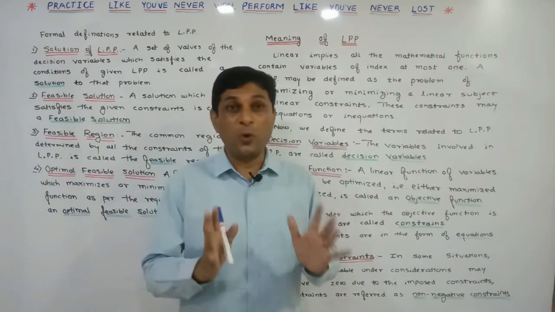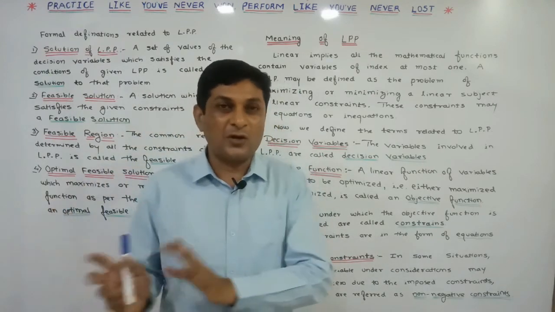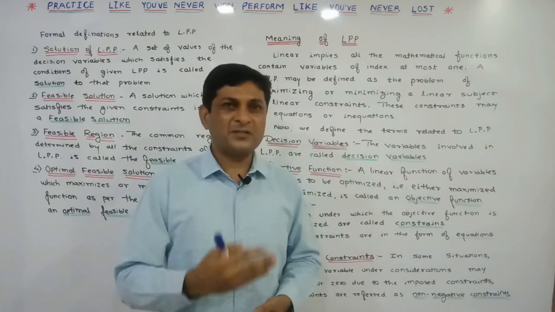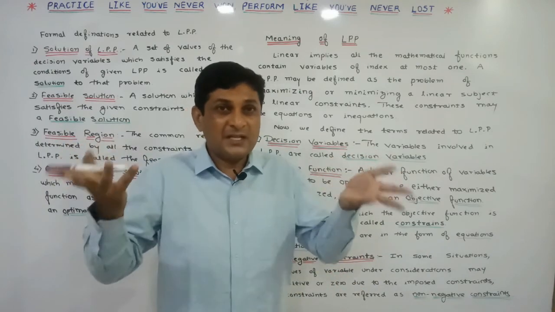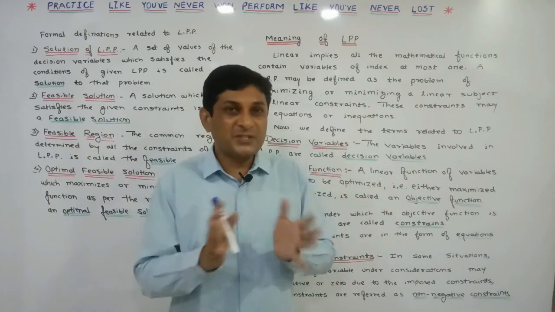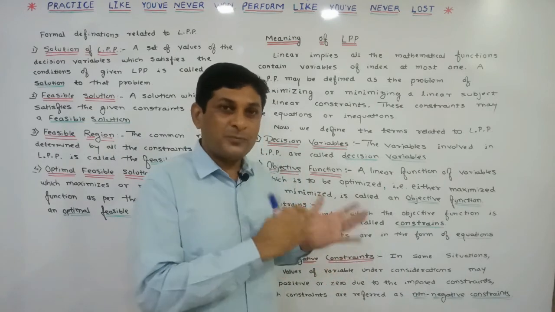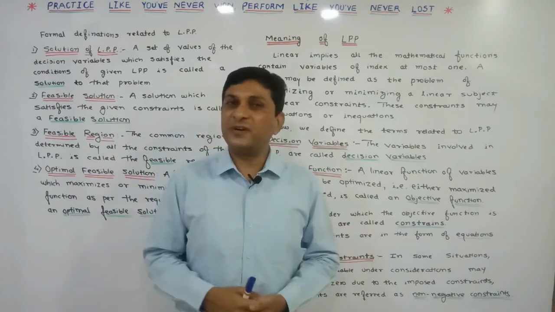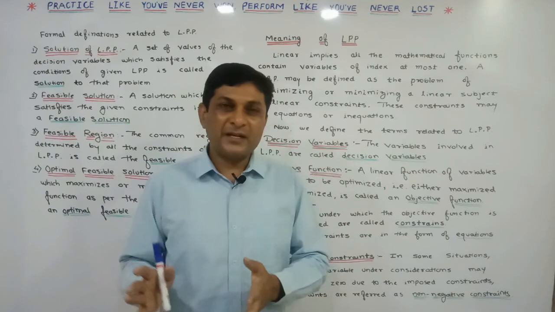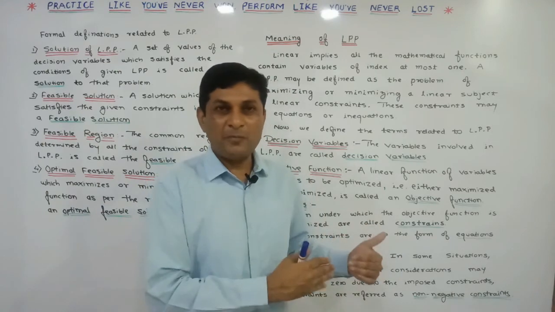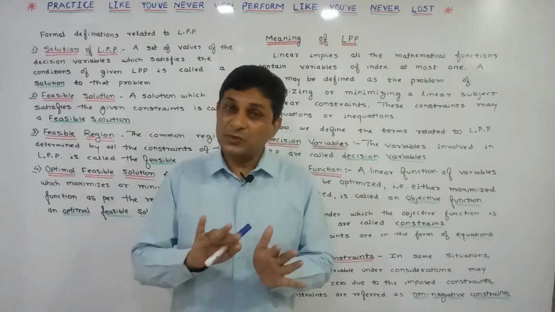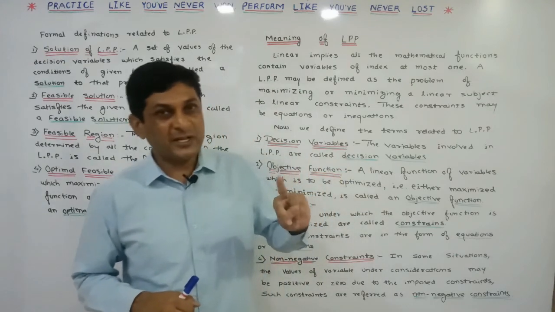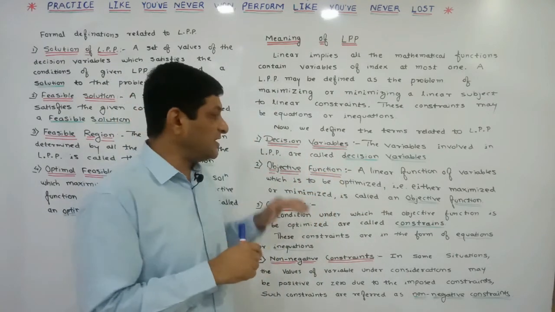Now objective function. Objective function means a goal which is either to be maximized or to be minimized. I have just told you that if a manufacturing firm or a company is there, its aim is to maximize the profit. More and more profit should be obtained. Such goals are called objective function. And if the manufacturing firm has some labor or raw material, the company's aim is to get the best raw material at the minimum price. That means their aim is to minimize the cost. Is it clear? So there are two types of goal, either to be maximized or to be minimized.